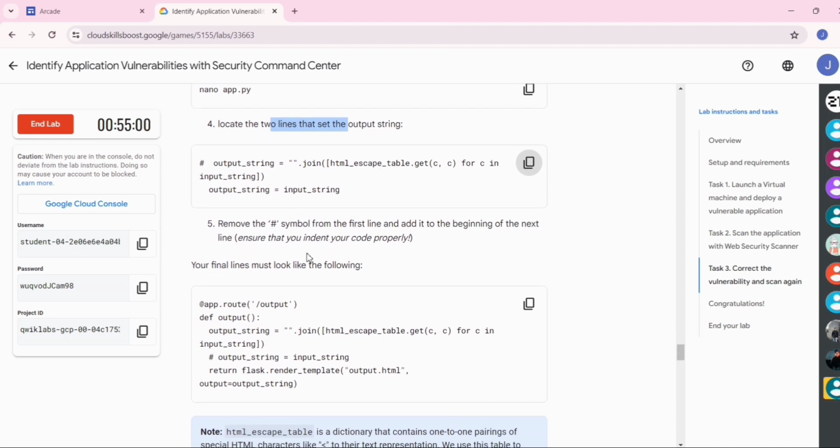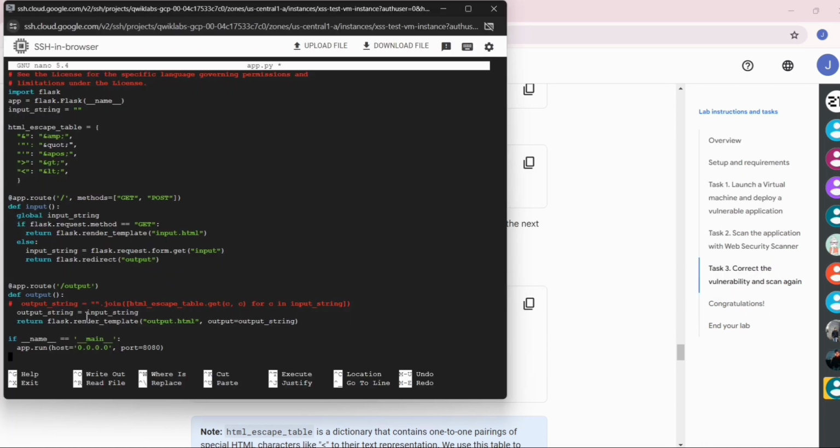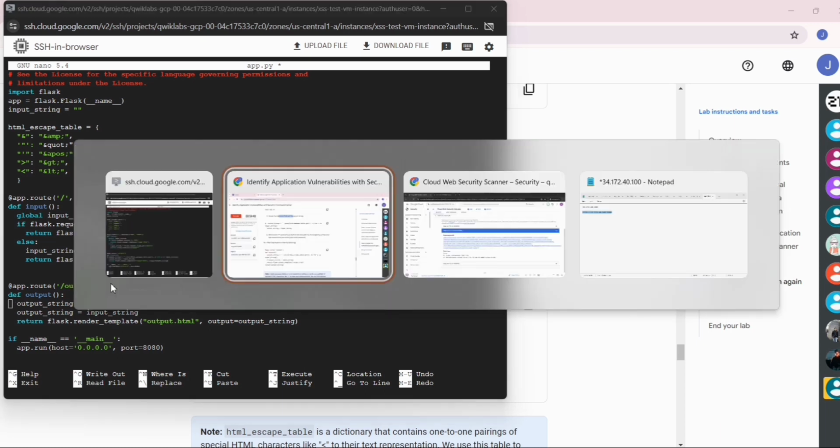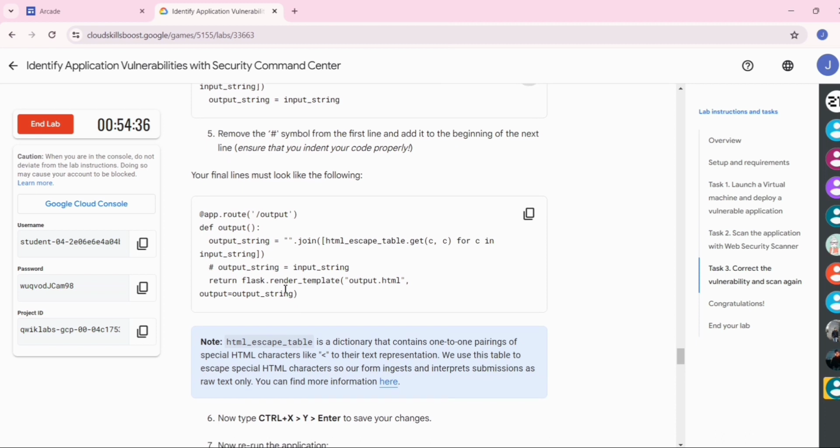Now this code you have to enter in the def output. For that, go to the SSH window and search for def output, that is this. Remove the hash from the starting of the line and go to the lab instruction.